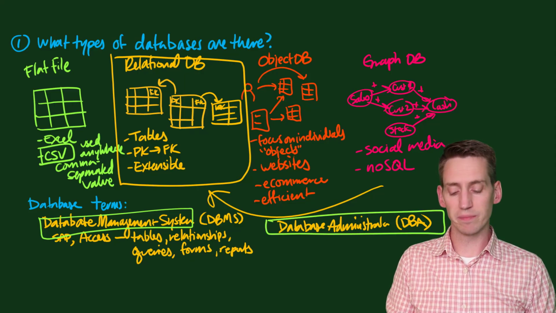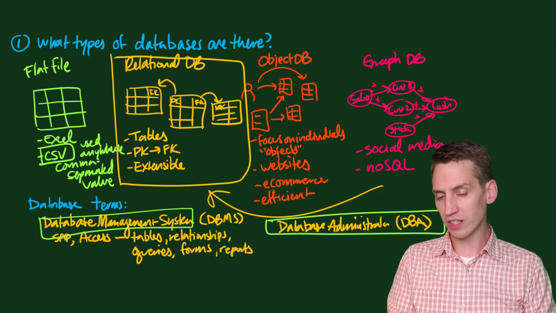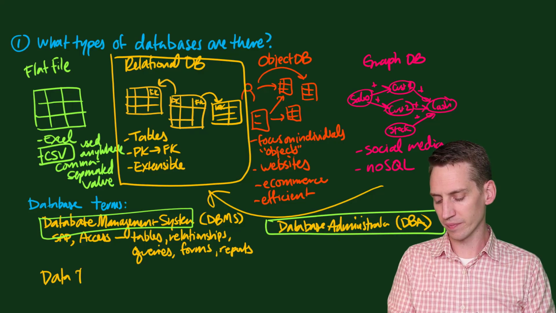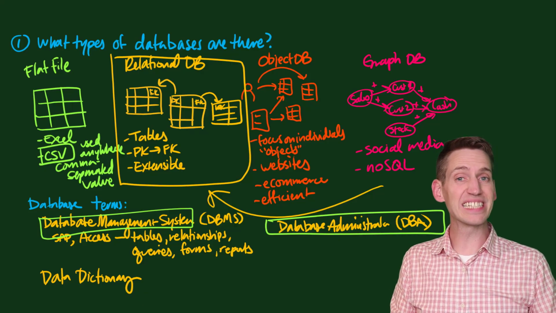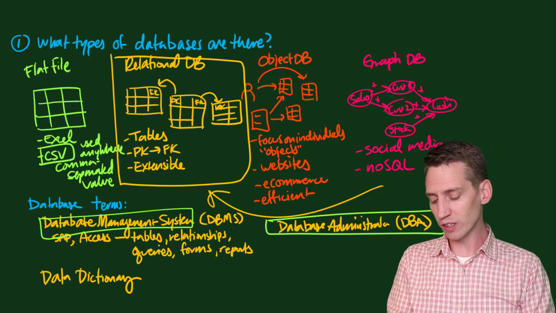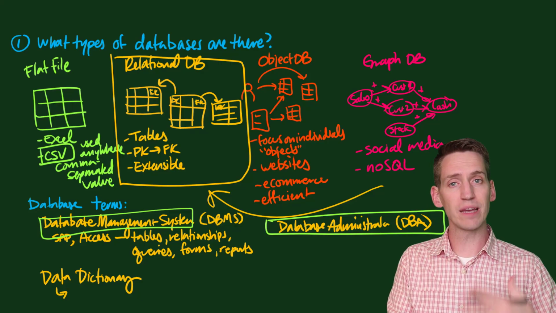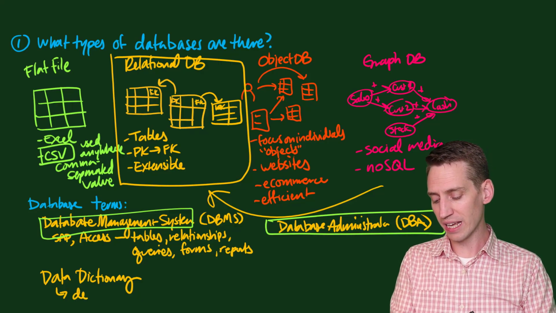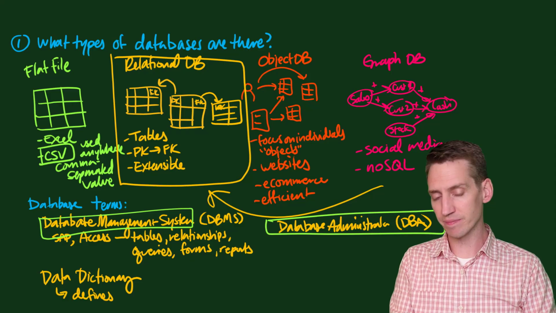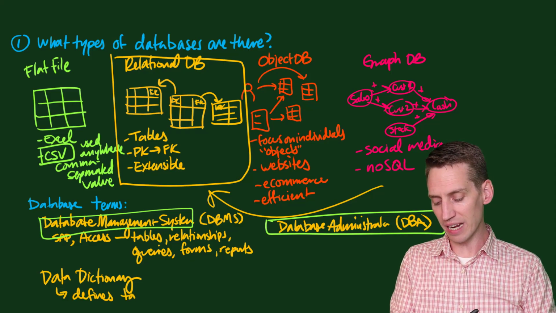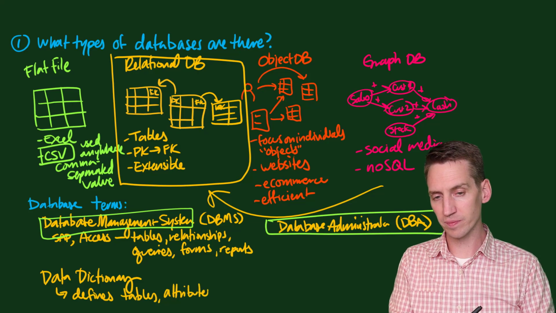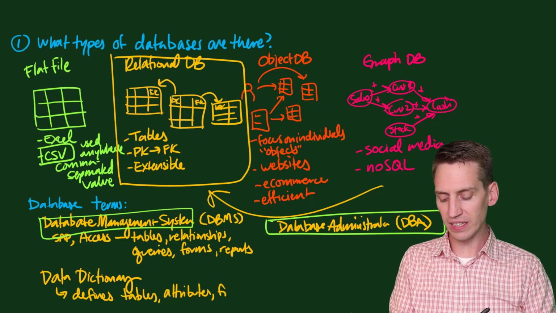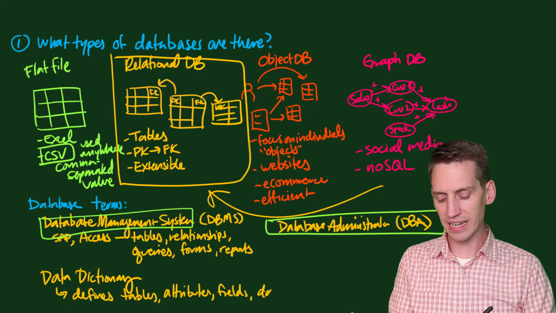Within a database management system, we also have something called a data dictionary. A data dictionary, like you might guess, is something that defines things. So if we look at all of those tables and queries and attributes and so forth, a data dictionary defines the tables, the attributes, the fields, the data types,